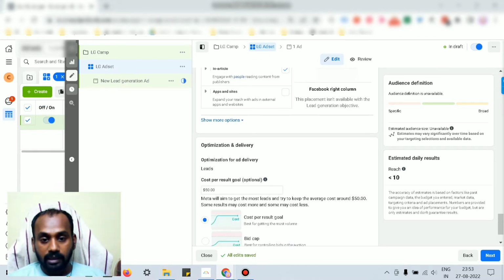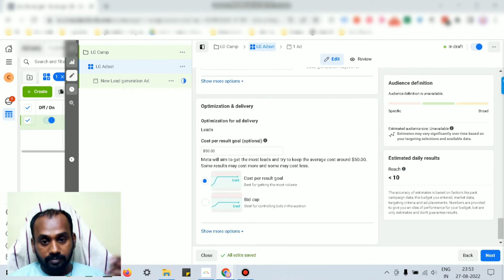Otherwise you can go for the bid cap, that would be the way. Otherwise it will go for the cost per result. Facebook will run your ads to different audiences, but it will try to achieve your cost per result. Say if you want to generate the lead at the maximum of $50, it will try to generate within that cost. The problem with this strategy is, if your target audience is in